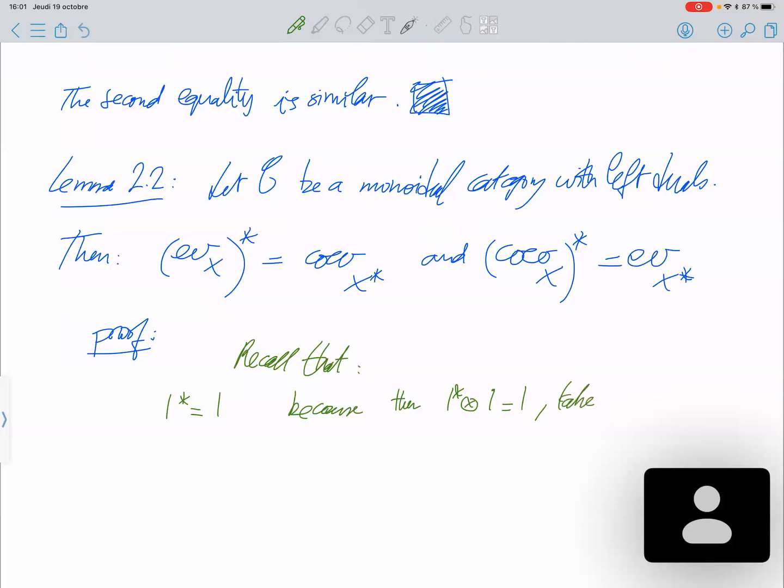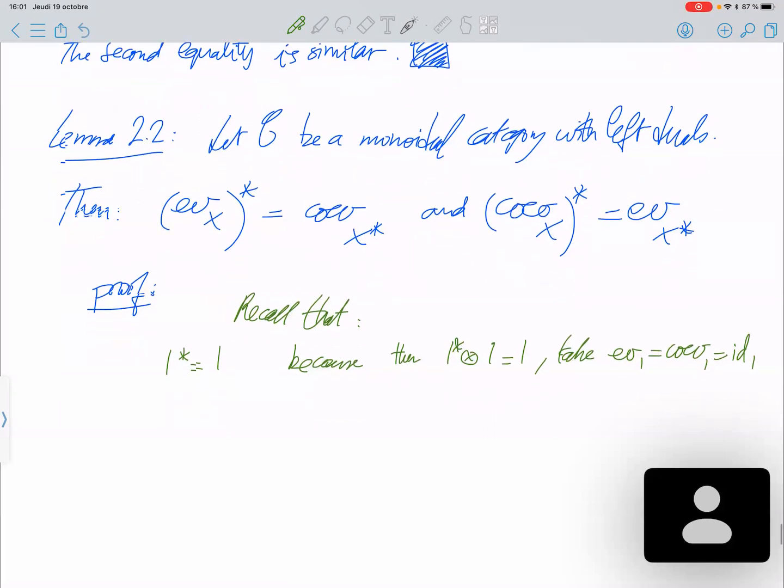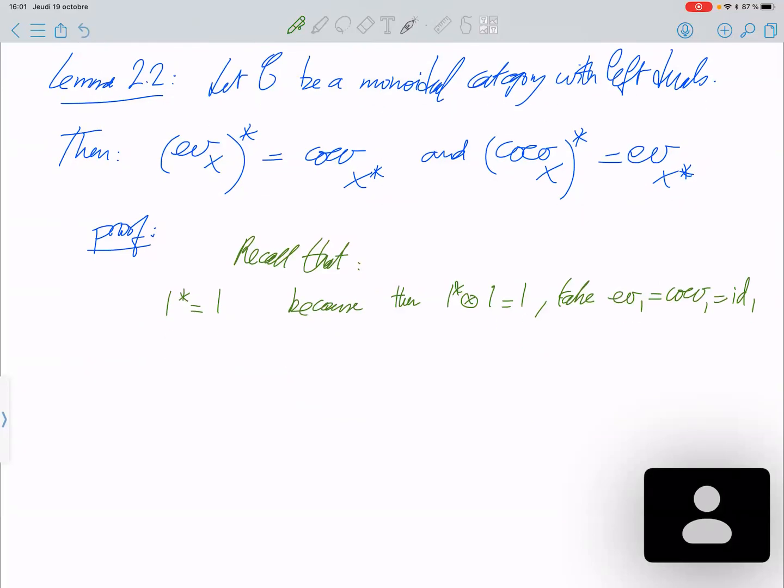So take the evaluation map of 1, equal to the co-evaluation map of 1, equal to the identity of 1. Okay, that's fine. And then second recall,